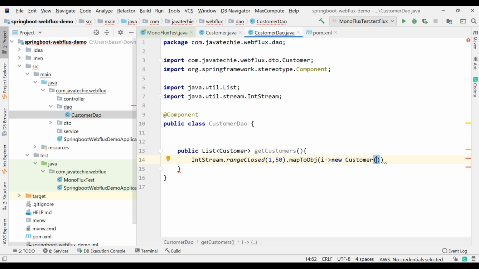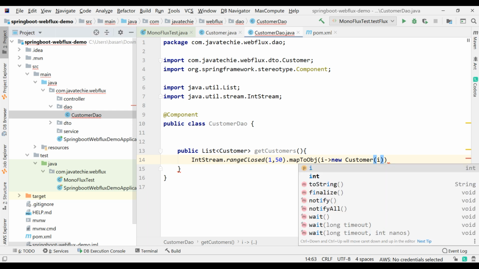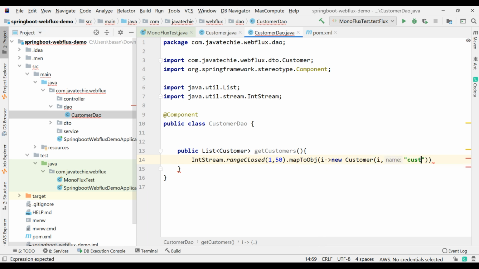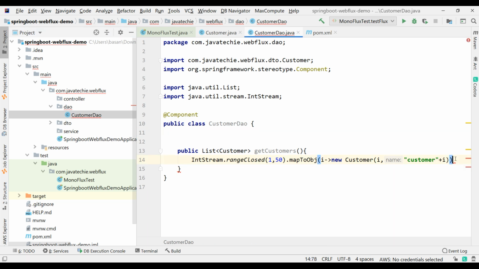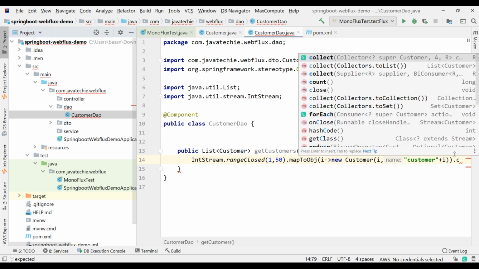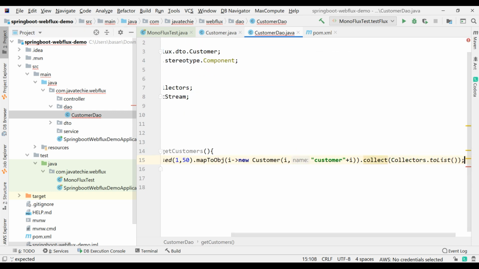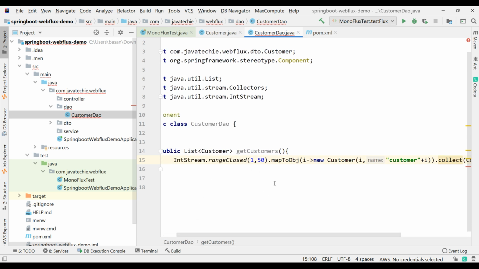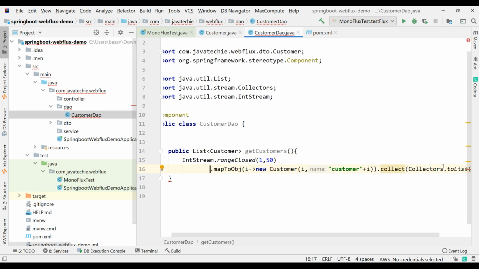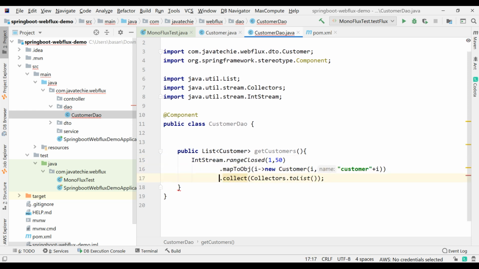I'll pass the id as the index value i, then the name as customer i. Then just return it as toList. Now when I call this getCustomers method, I'll get 50 Customer objects. So let me format this.